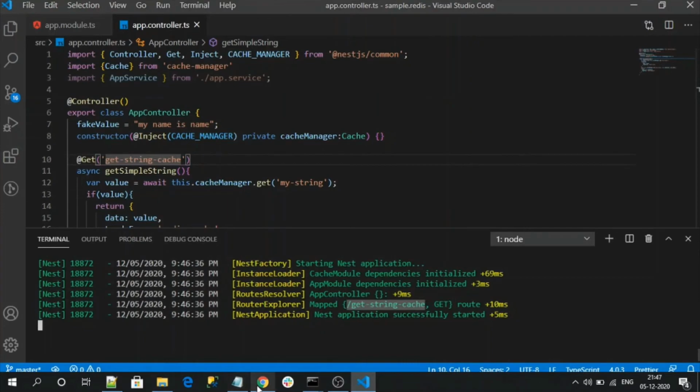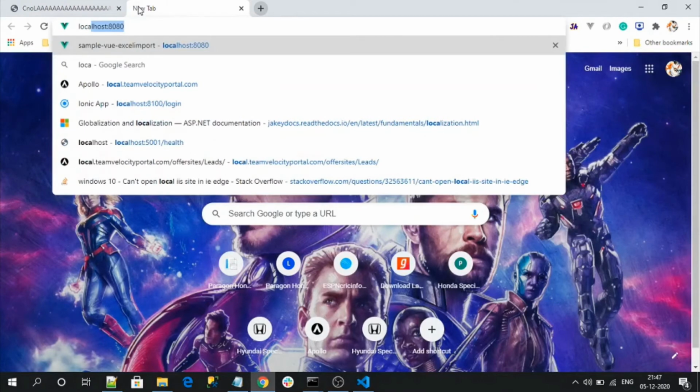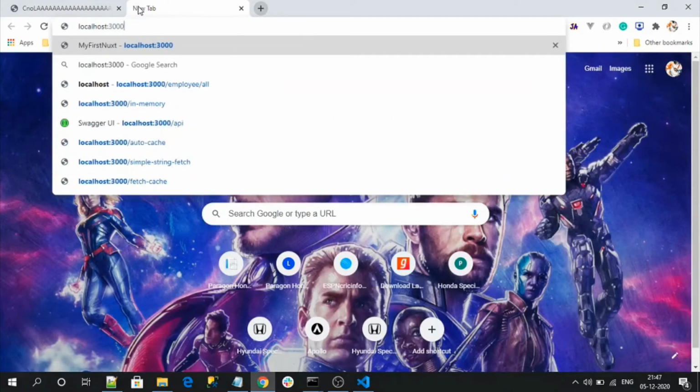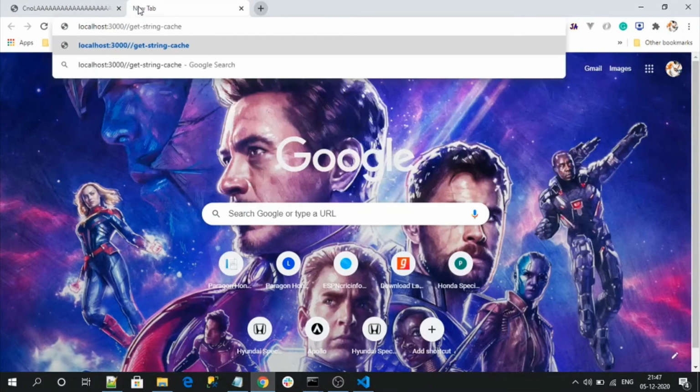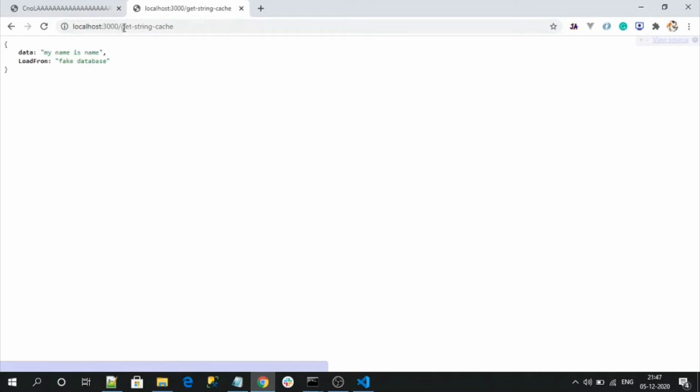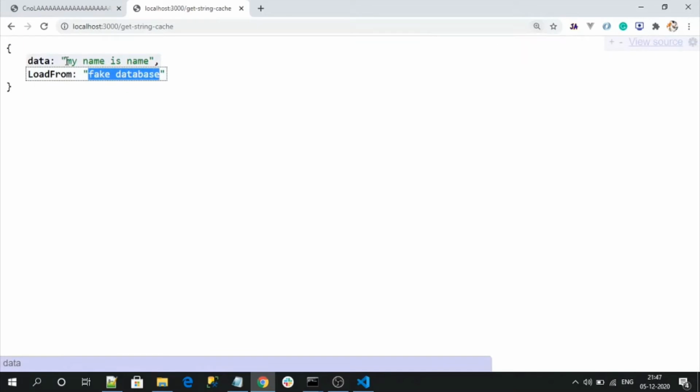Our local application runs on port 3000, and we access our cache endpoint. See here, for the first request, you can see data is loaded from the fake database. Right? This is my data, loaded from the fake database.